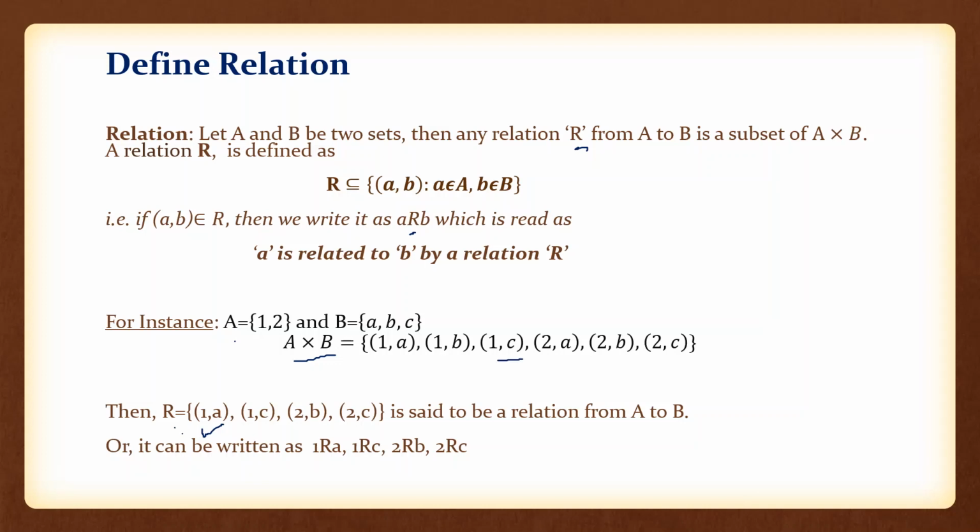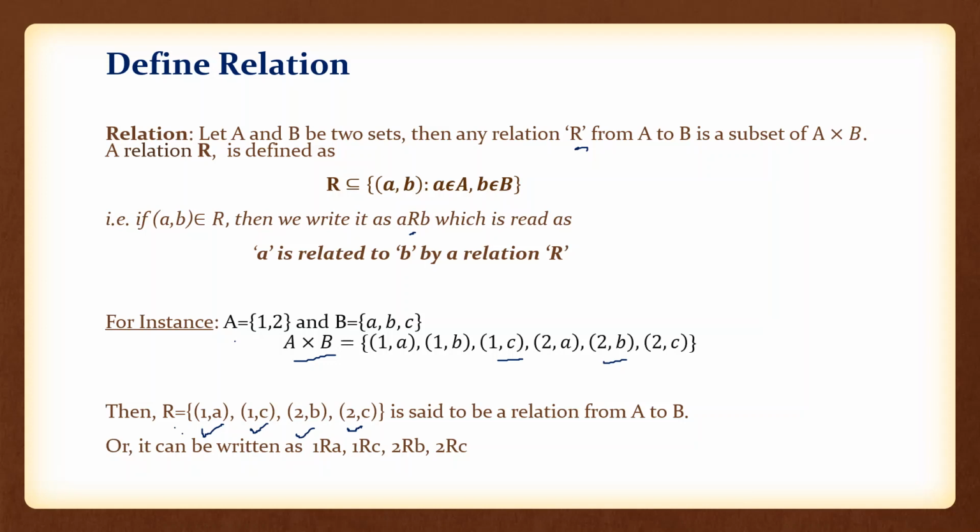So that means this is also related. This is also an ordered pair. This can be confirmed. Similarly, (2, b). Here is (2, b). So (2, b) is also verified. Now (2, c). (2, c) is also there. So we saw that all these four ordered pairs belong to this Cartesian product. So if such a case happens where all the ordered pairs belong to the Cartesian product of the given sets, then we say that that particular relation R is a relation from A to B.